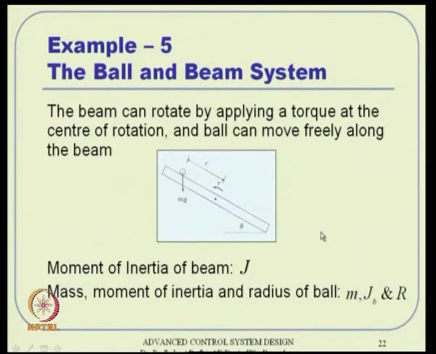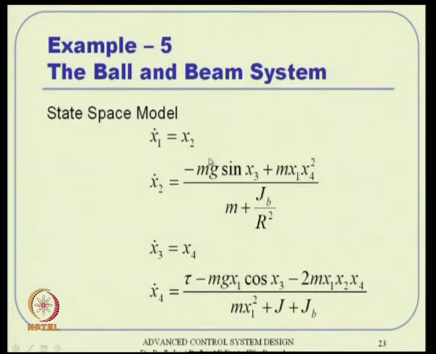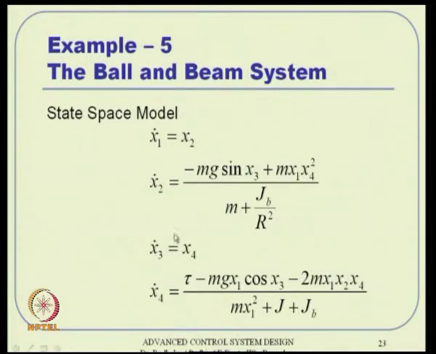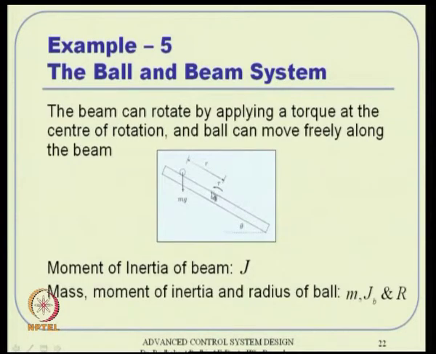If you go back and carry out the analysis of this dynamics, it will give you dynamics like this. A sin theta term comes into the picture. I will skip the details of the definitions. All that matters here is that it is possible to write the dynamics of this complicated system completely using a state space equation without any approximation. Ultimately it turns out to be a 4-dimensional system, x1 dot, x2 dot, x3 dot, x4 dot, and tau is the torque, the control variable, that will control my ball.